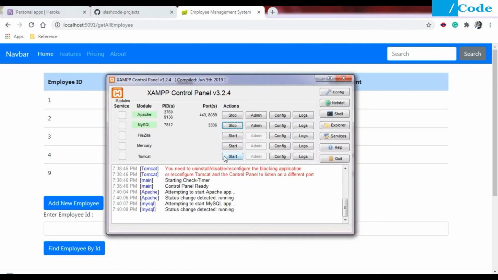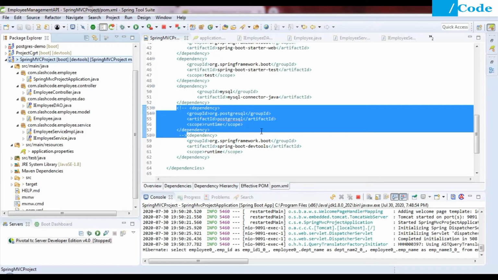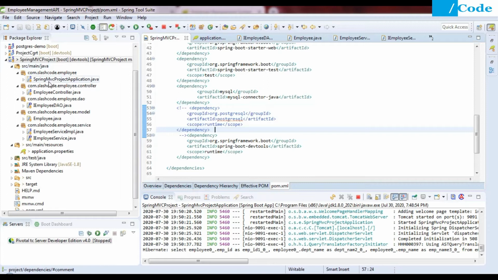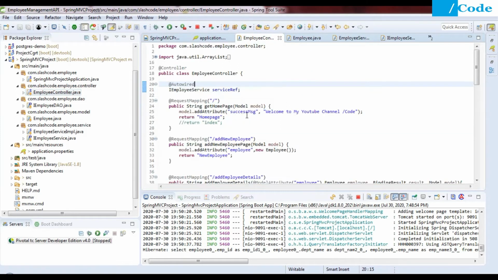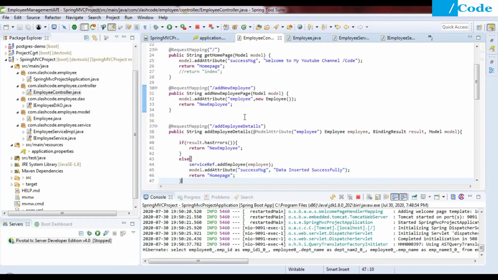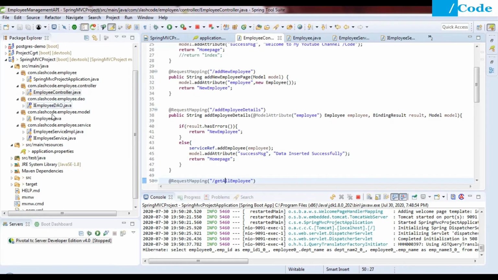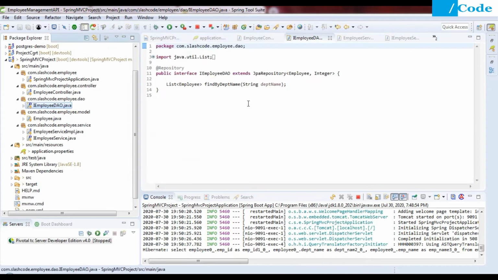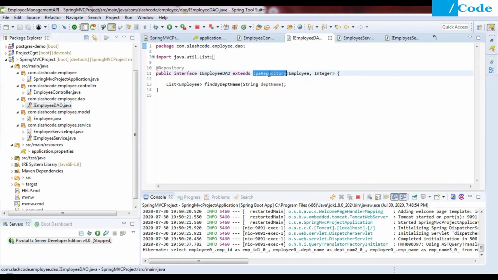Currently I'm running MySQL server, and here is the Spring Boot project. Let me show you the project structure. We have the main function where the application will start, then the controller which handles all my requests, like the blank routing, add employee, and get all employee details. All these features have been implemented here, and then we have the DAO for the database access layer. Here we are going to use MySQL, and we have used the JPA repository interface so that we get all the